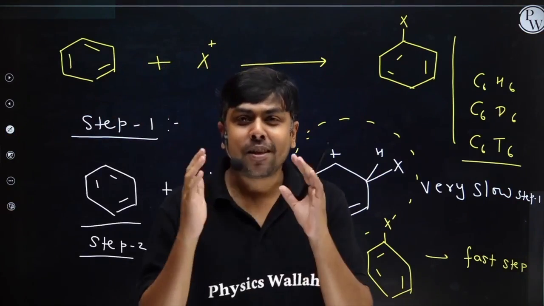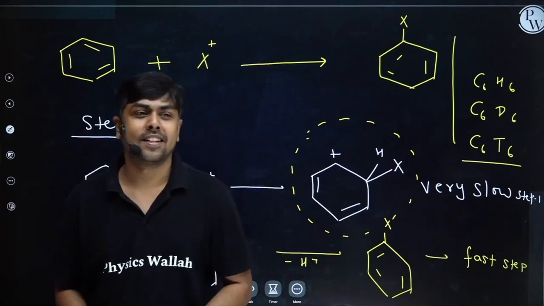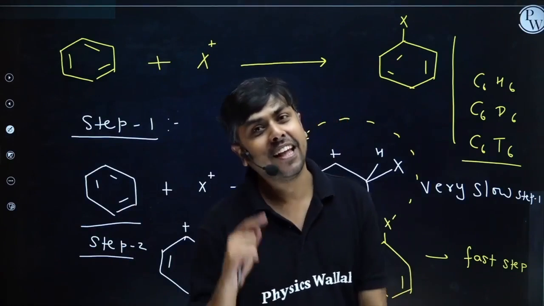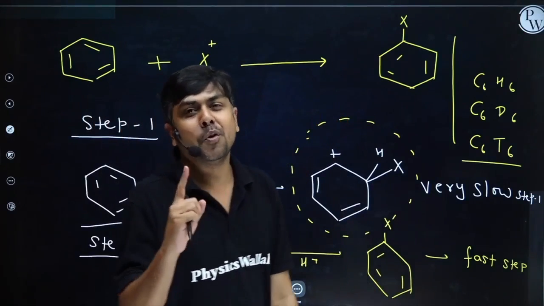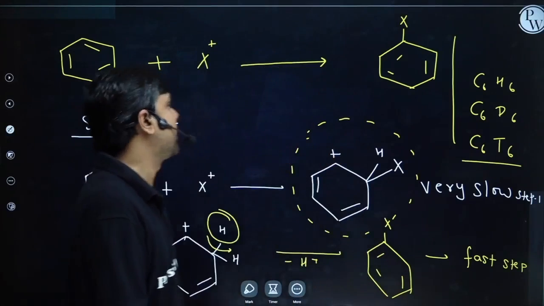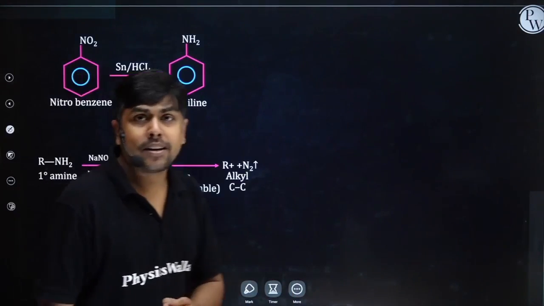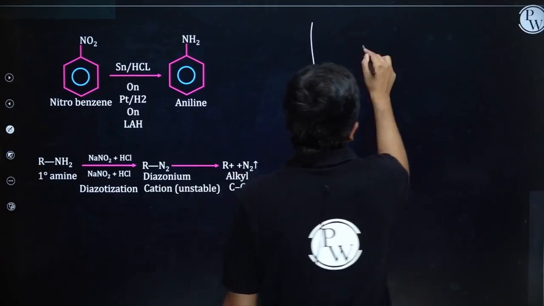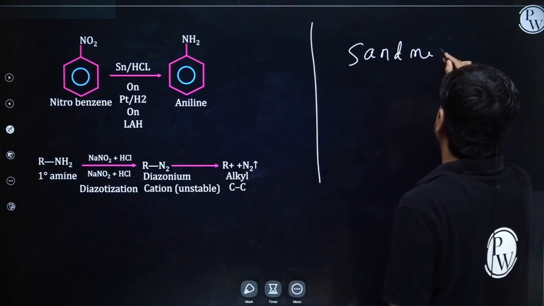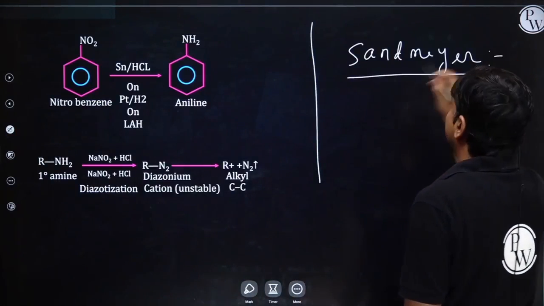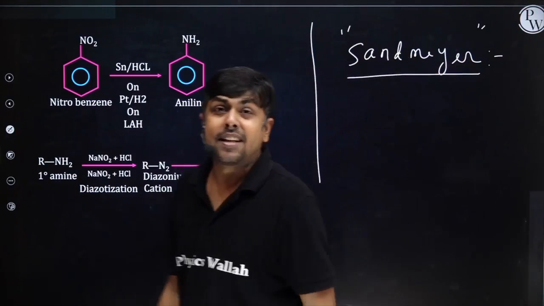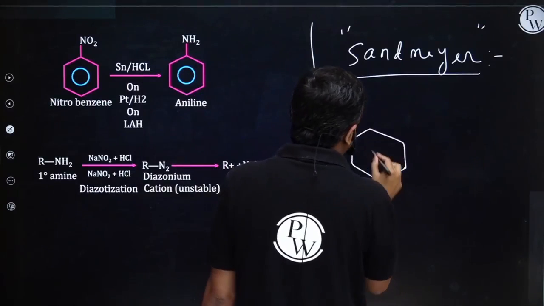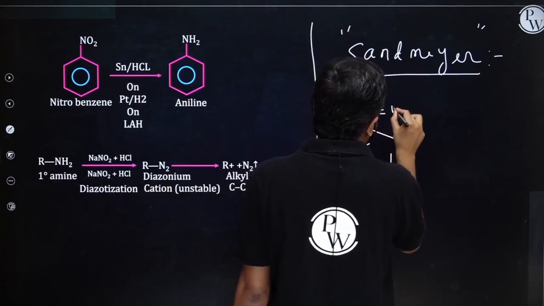Students, I hope this particular method of preparation of halobenzene is crystal clear to you all. Shall we move ahead to the next method? Let's move ahead. Student, the next method which we are going to discuss for the preparation of halobenzene is Sandmeyer reaction. Student, we have discussed about this. Let's quickly revise it. In Sandmeyer reaction, whenever we have a diazonium salt, PhN≡N+,